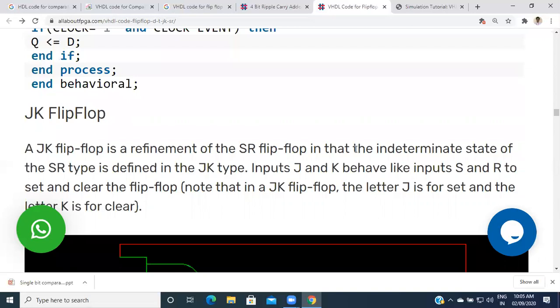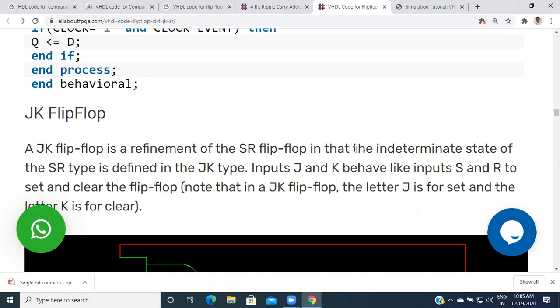To avoid that condition, we use the JK flip-flop, an advancement of the SR flip-flop. In the JK type, the intermediate state of the SR type is defined. The inputs J and K behave like inputs S and R to set and clear the flip-flop.